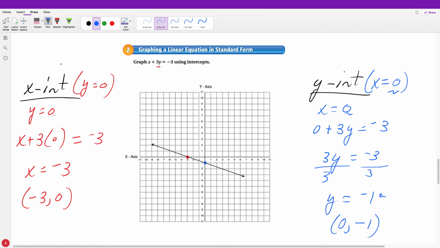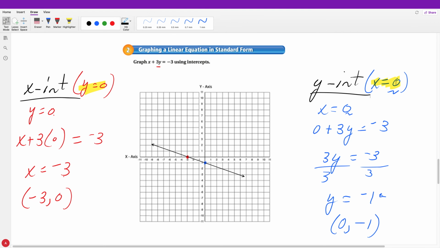One of the mistakes I see, though, is that people will set x equal to 0 for the x-intercept, so make sure you're doing it properly, where the opposite variable is what we set equal to 0. All right, and then there's just one other thing I'm going to show you real quick as to when this one might not necessarily be that easy to use, and when you probably should rewrite it in slope-intercept form